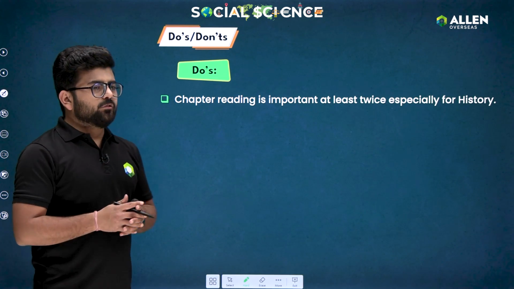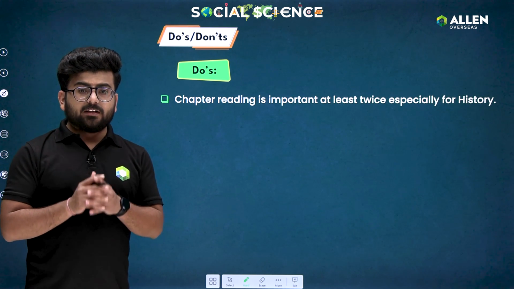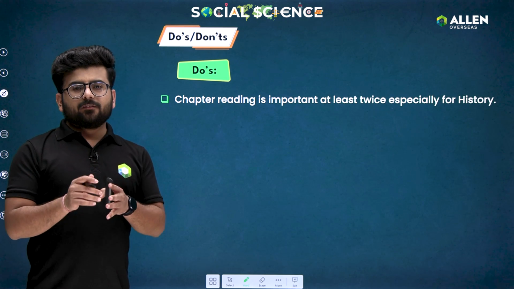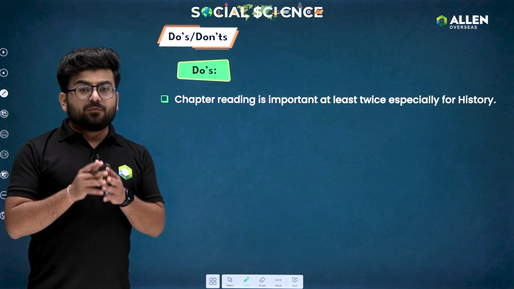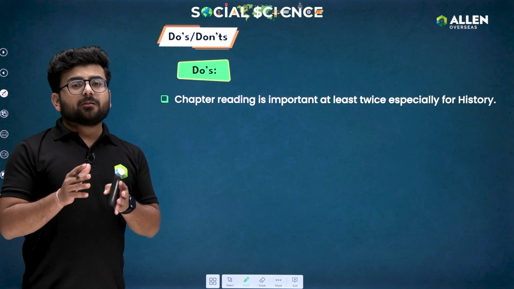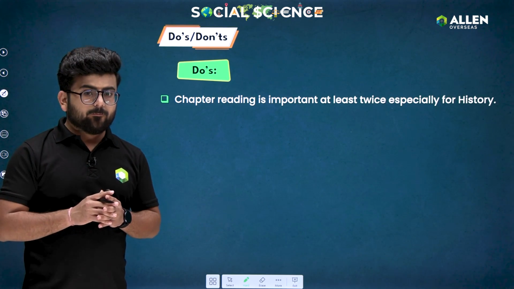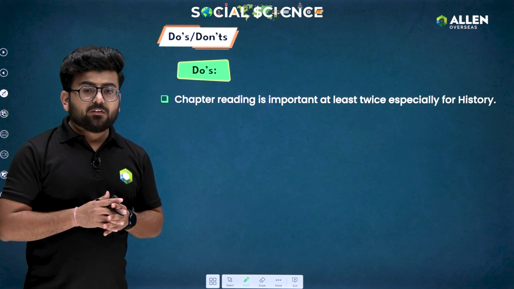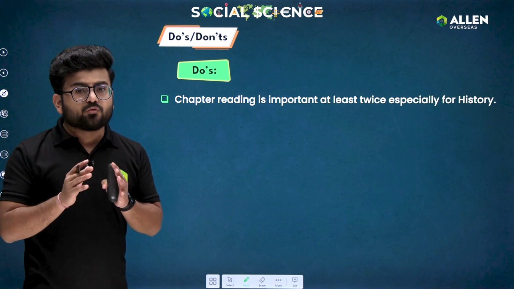So students, first we'll be starting from do's, and the very first point is reading books. Students, just now we discussed that 50% of the total weightage of your examination is given to competency based questions. I am very sure that the students who are not reading the book will not be able to attempt such questions quickly, easily, and perfectly. For that reason, it is most important for you to read your books at least twice,